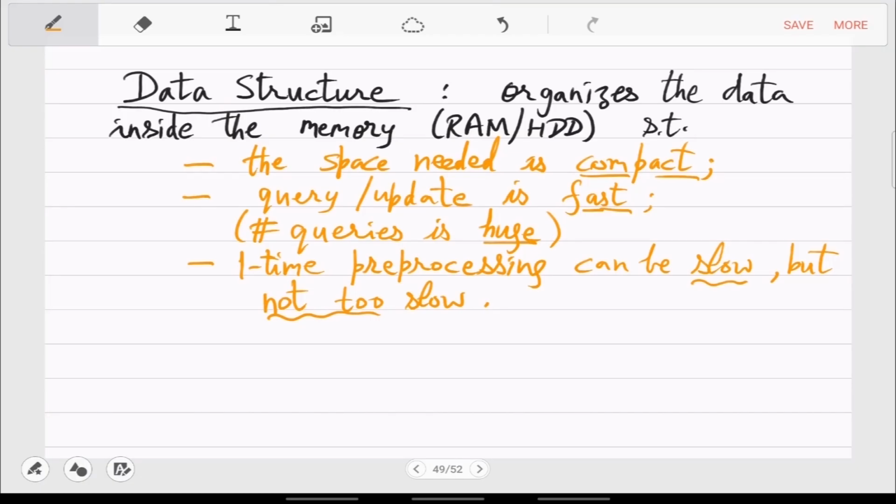Because if this one-time pre-processing is over in 1 month, then after a month, the data will not be the most recent one. Right? Websites and news and everything would have already changed by then. So it can be a day maybe, but it cannot be a month. So that is the scale. One-time pre-processing can be slow. You don't need milliseconds, but you also cannot make it many days. While the query has to be really in milliseconds, it has to be very fast, because you have to handle billions and trillions of queries.